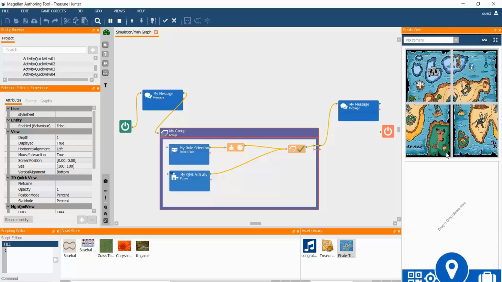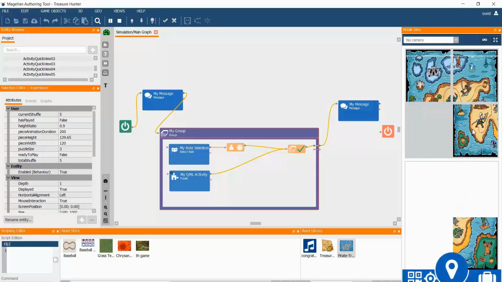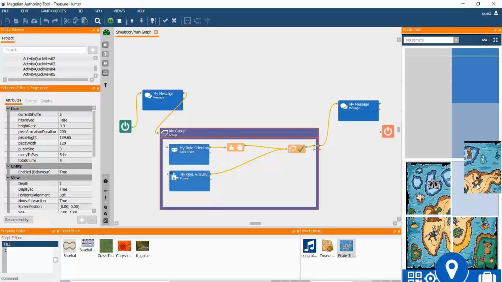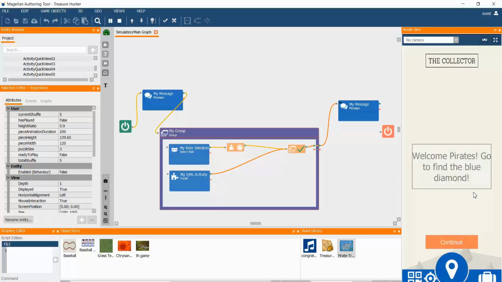Then the player is prompted with a jigsaw puzzle. Unless the puzzle is successfully completed, the exit condition will not be satisfied. Once the pieces of the puzzle are placed in the right order, the exit condition is satisfied and the group activities are finished. The player should now be able to read the message, "Welcome pirates, go to find the blue